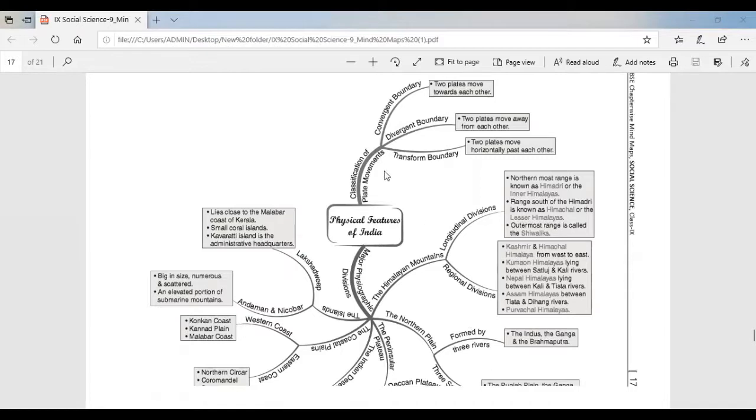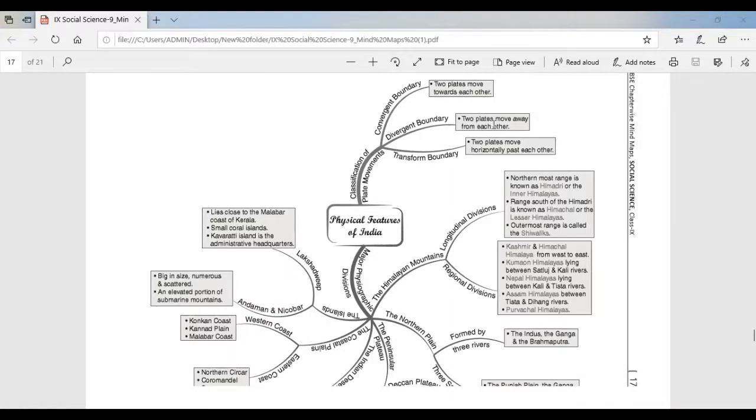The first heading which we need to learn is the classification of the plate movements. The plate movements are classified into three types: convergent boundary, divergent boundary, and transform boundary. When two plates move towards each other, it is known as convergent boundary.